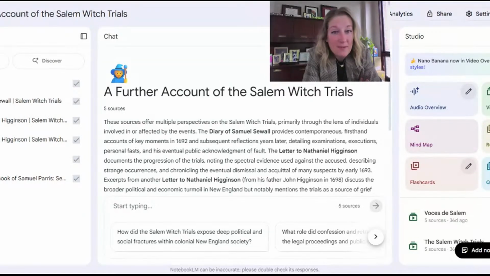So NotebookLM is a tool available to anyone with a Google account. There are free and paid versions, but you can access what I'm about to show you in the free version. You just might be a little limited in the number of generations that you can use in a given day,